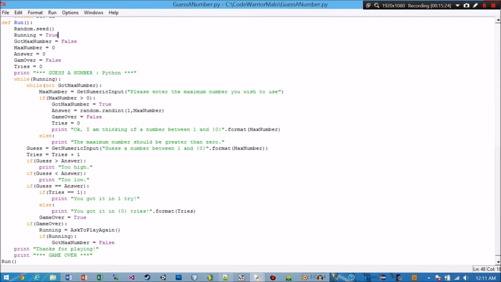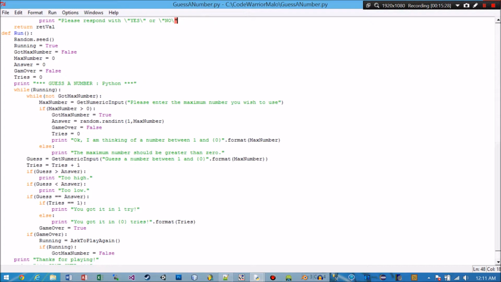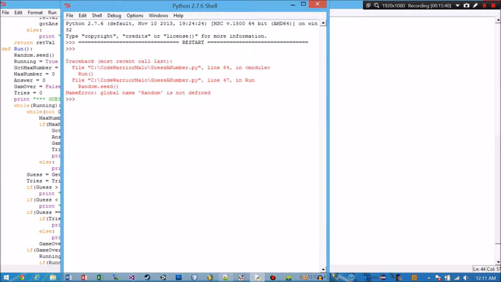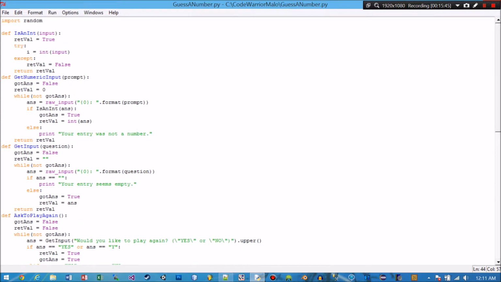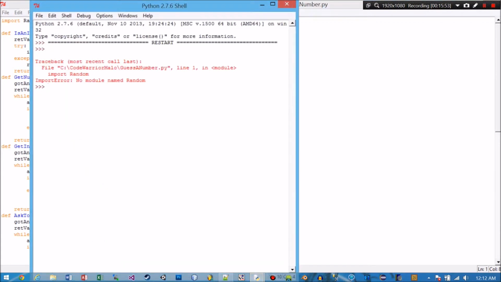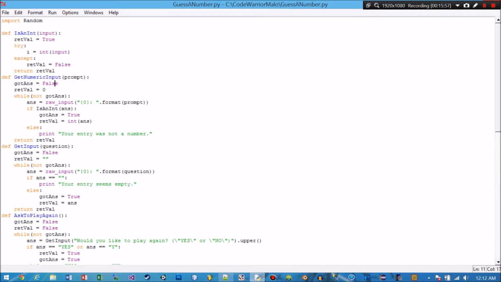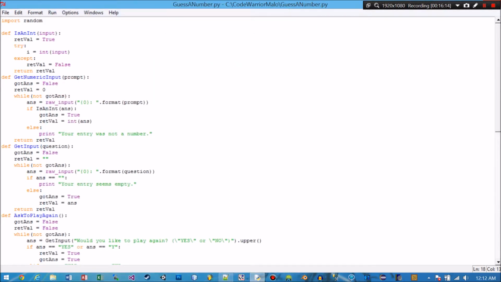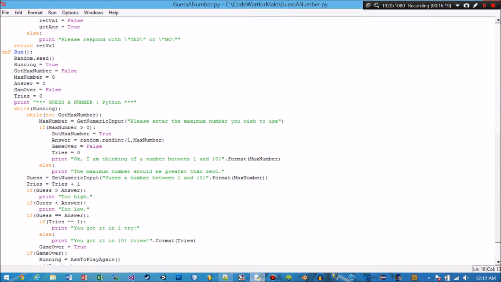I ran the Python shell. That's not right. Oh, okay, well, that's problem number 1. Random is not defined. Oh. Jeez. Oh, there's no module named random. What did I do wrong? Okay, so let's see where it said random is not defined. Global name random is not defined. Oh, I think it's lowercase. Did I do it here too? No, I did okay